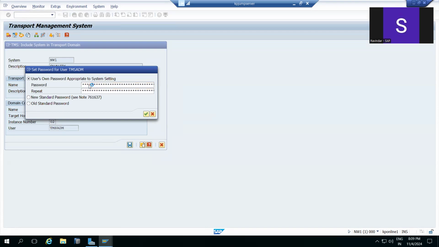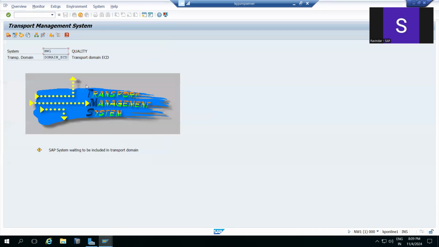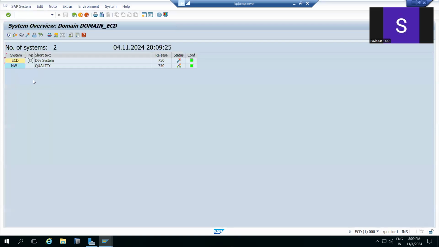This is the one we have to do here. Now see, the system is waiting to be included in the transport domain, right? Then go to the ECD, click the systems overview. Select the NW1 system that you are going to add to the domain controller. ECD as a domain controller has a domain controller symbol, and NW1 is a normal system.